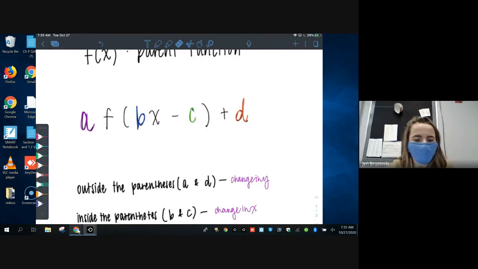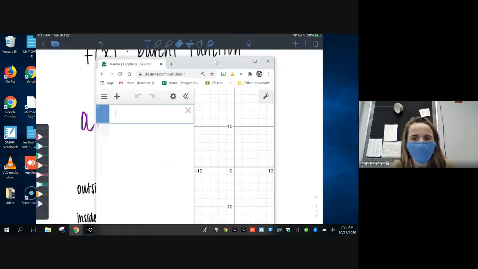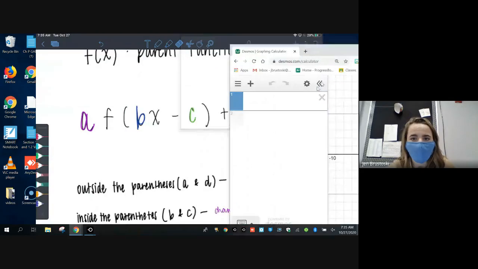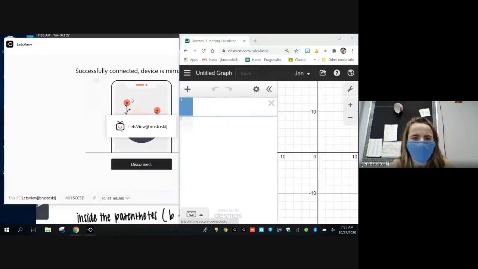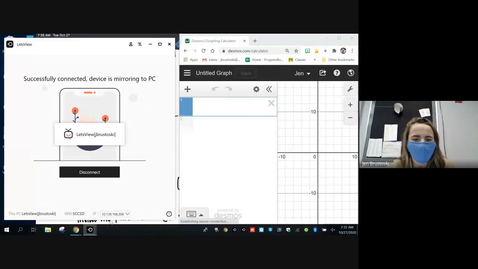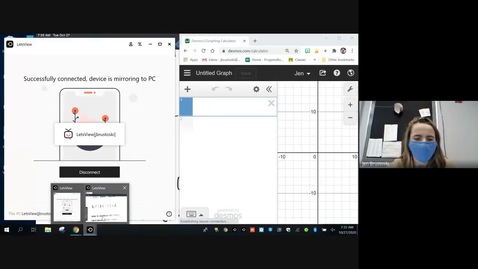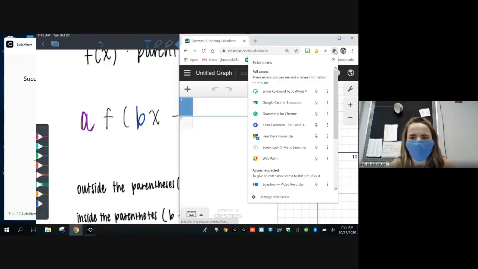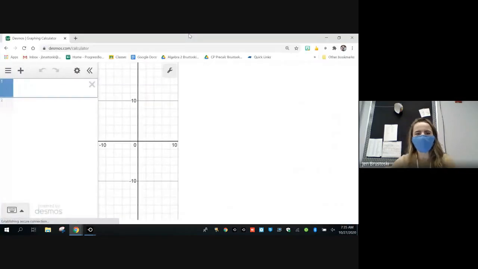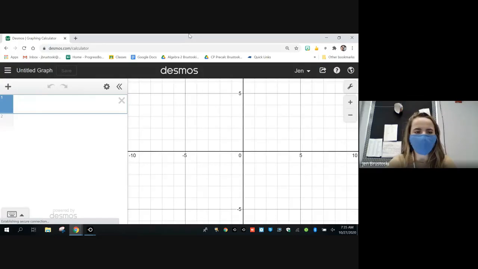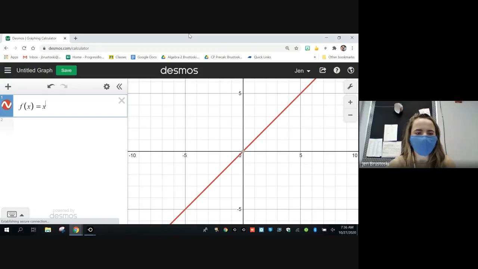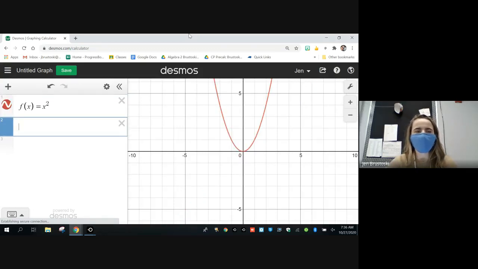So I want to just take a look at a graph here. All right, we'll just put this in the forefront. If I have, let's just say, f of x equals x squared, and if I were to take that graph, and for instance, take f of x and change